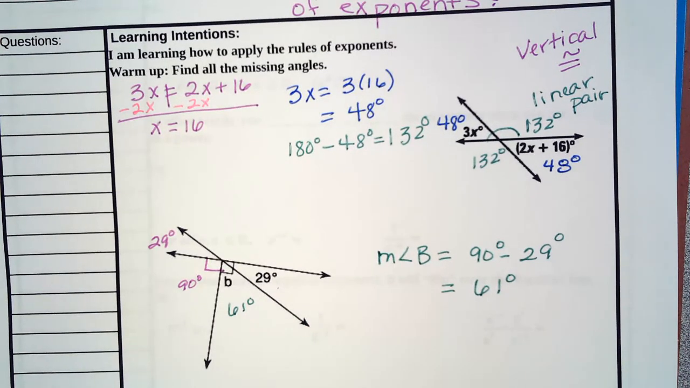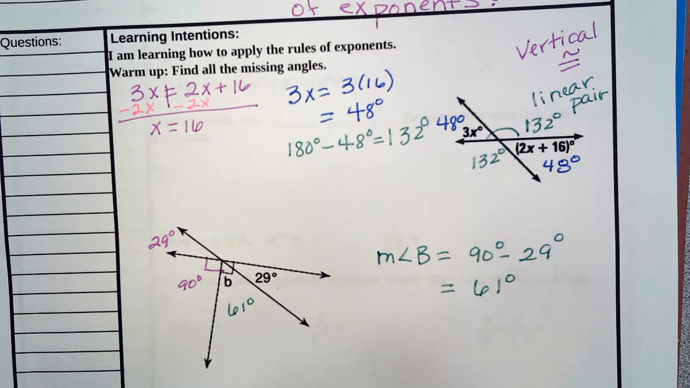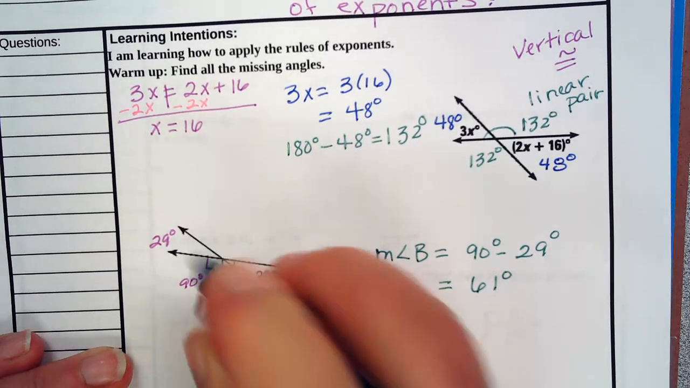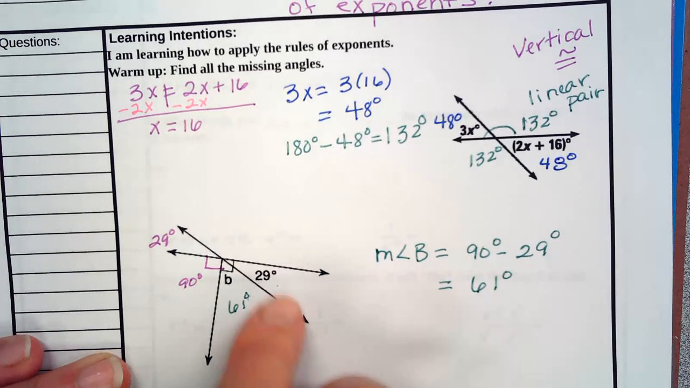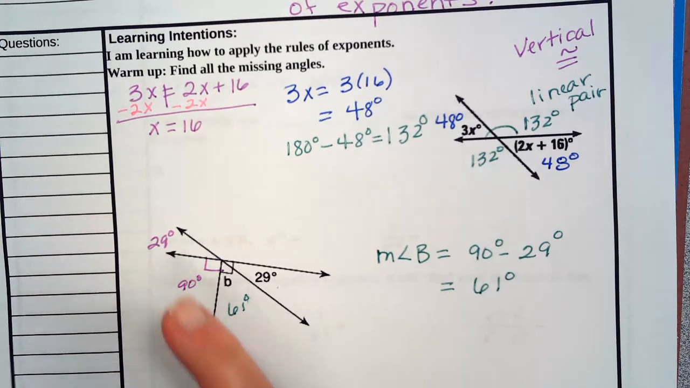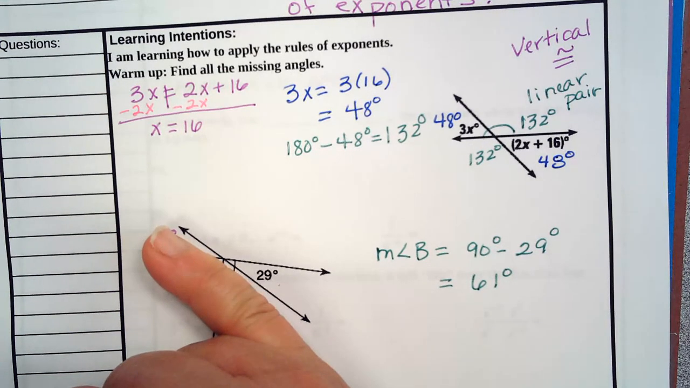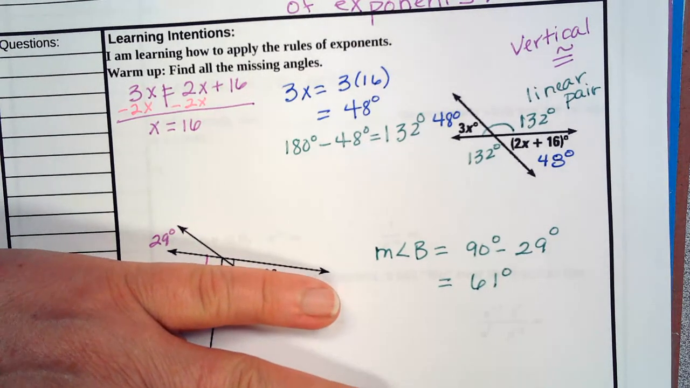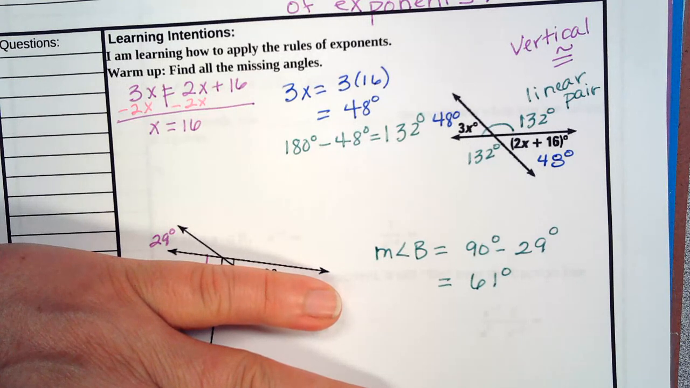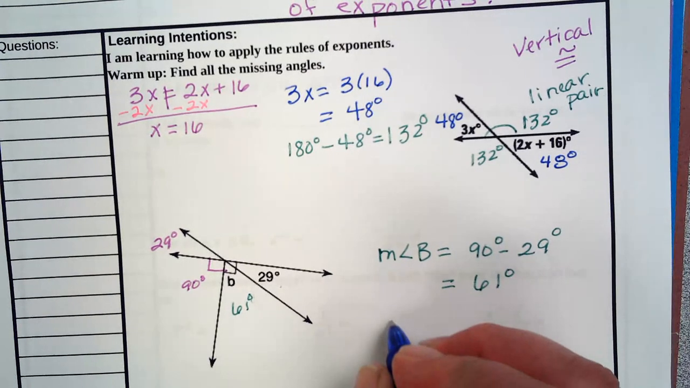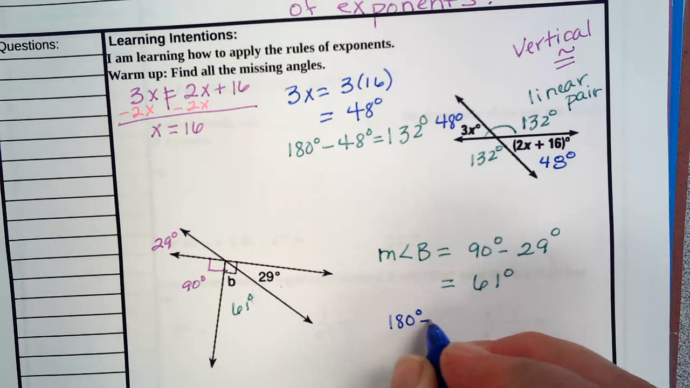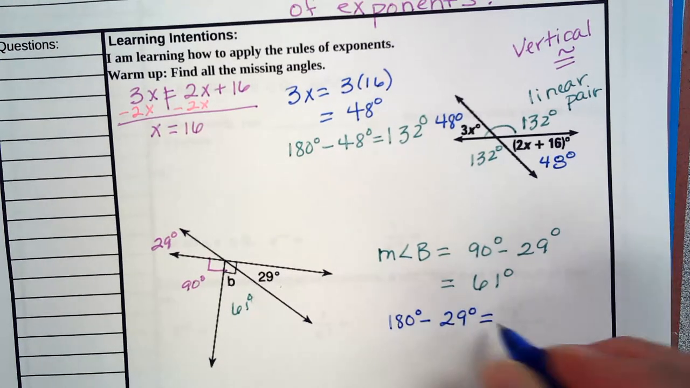Okay, now, there's two different ways to look for the last one, but they are both based off of the same idea. And you're using these vertical angles. If I cover this up, I notice that there are my linear pair. They have to add up to 180 degrees. If I cover this up, once again, you've got a linear pair that have to add up to 180 degrees. So I'll take 180 degrees minus 29 degrees. That would be